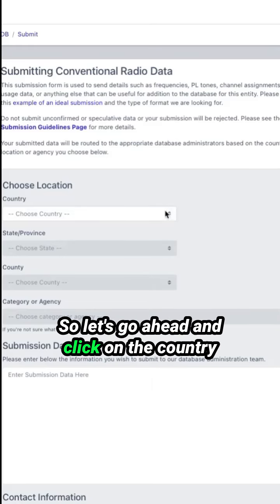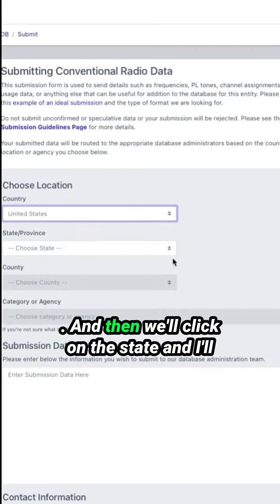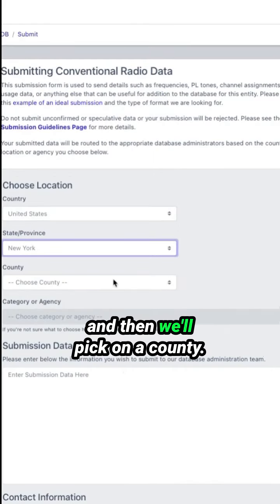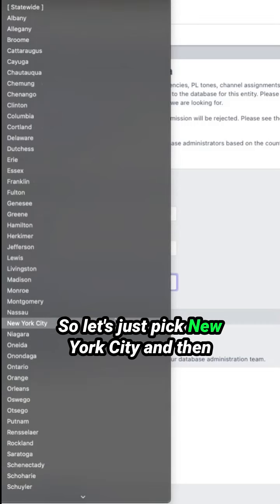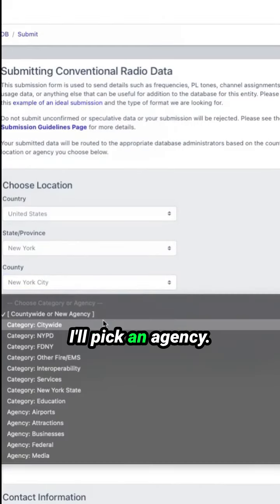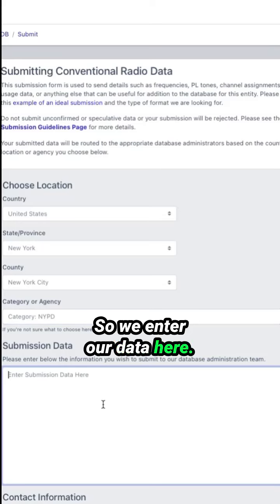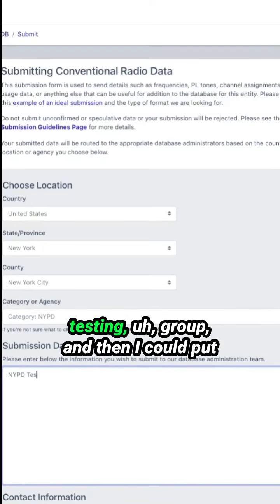So let's go ahead and click on the country. And then we'll click on the state, and I'll pick New York because that's where I am. And then we'll pick a county, so let's just pick New York City. And then I'll pick an agency, so I'll just go NYPD, right? So we enter our data here, so I could put something like NYPD testing group,